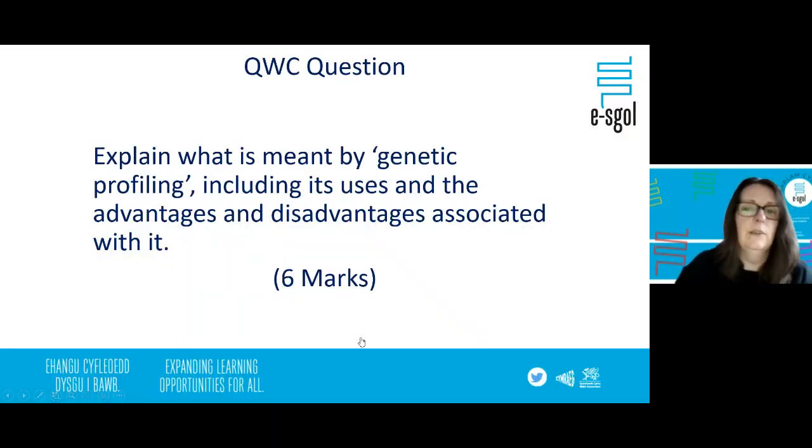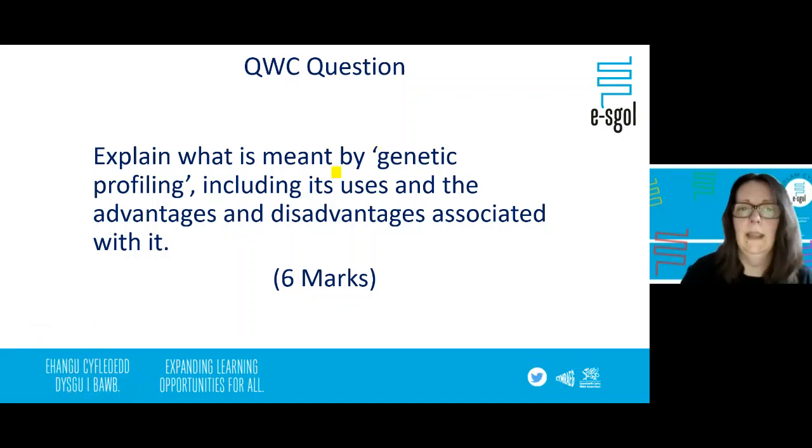Okay, let's just have a look then at something just to finish off with this particular section. Okay, so here is a 6-mark question that has been on an exam paper previously, and let's just have a look at it and what we might want to include in it. So it says, explain what is meant by genetic profiling, include its uses and the advantages and disadvantages associated with it. Okay, so if we have a look then with our highlighter